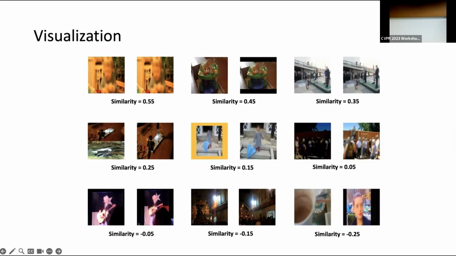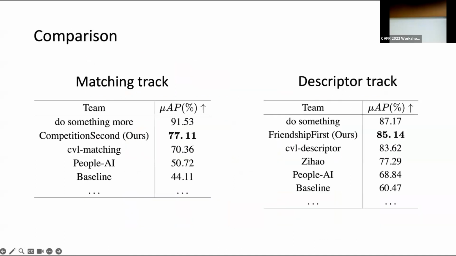We get the match at the image level, and then we transfer the image level match to the video level match. That is very easy. We can try to get the maximum similarity between two videos. Okay, that is the visualization. Finally, we compare our method with